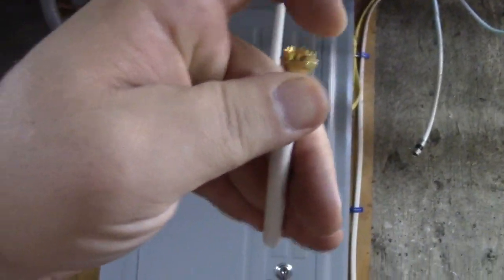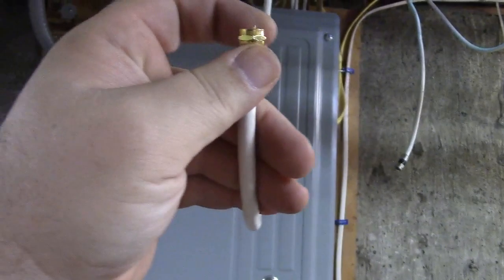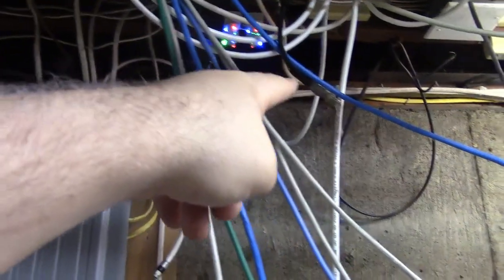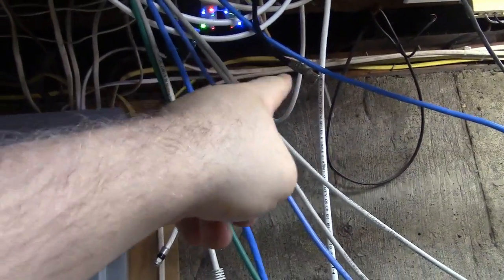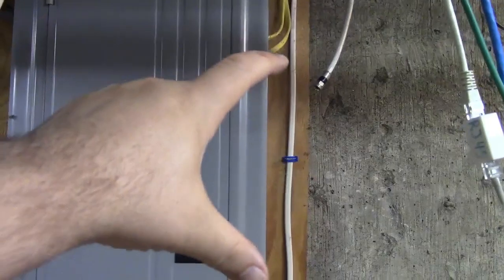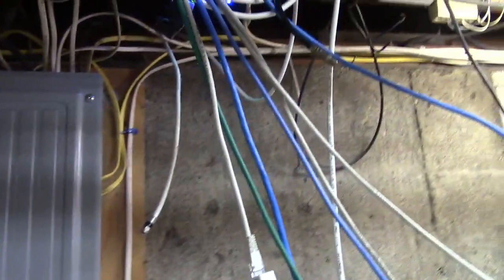Anyways, I'll straighten the center pin a little bit in it. Sticking out just far enough, just right. Over here is the black wire. I stole the little coupler from this wire that was a little longer with its little pigtail, only because it was handy. And that runs up around here